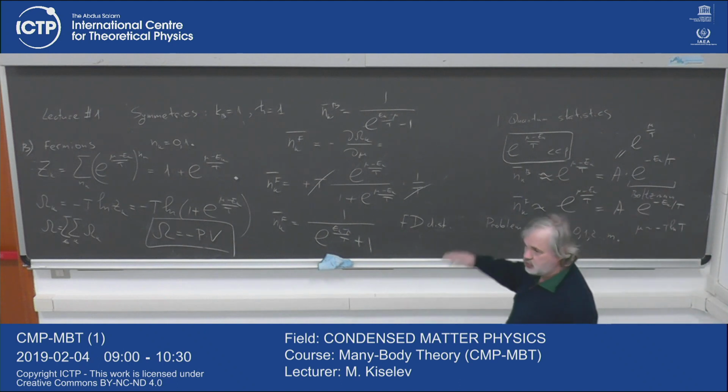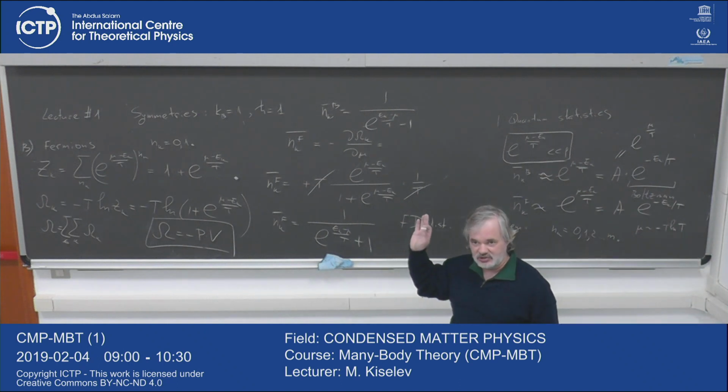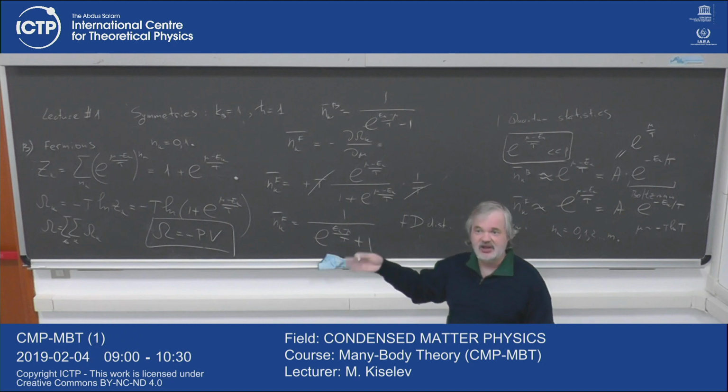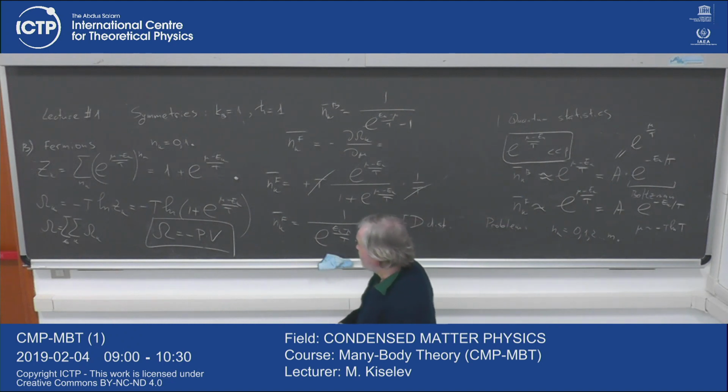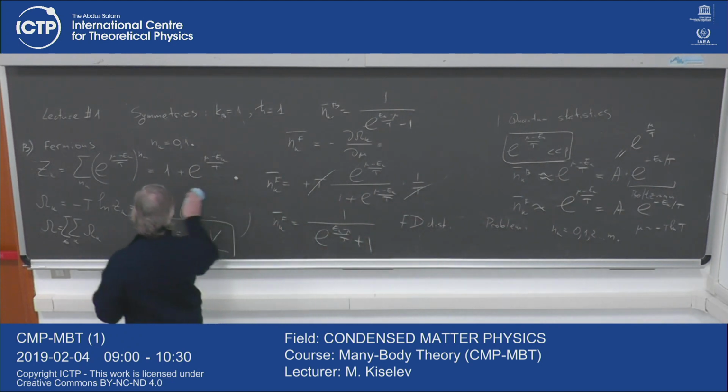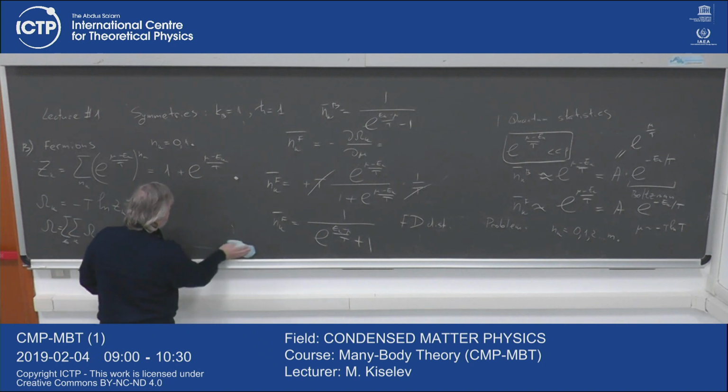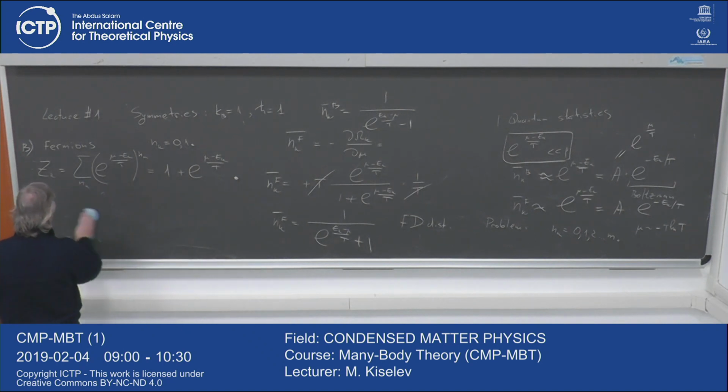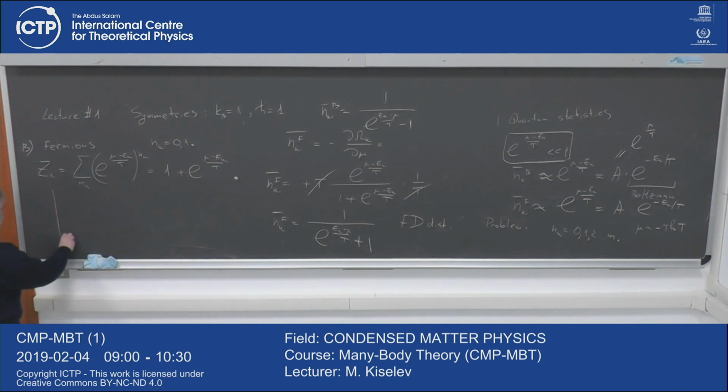However, for bosons we already said that the chemical potential is always non-positive. It's negative or zero. For fermions, it's different. We don't have this condition appearing from the convergence of a geometric series. We don't have any geometric series here. But what we do have,